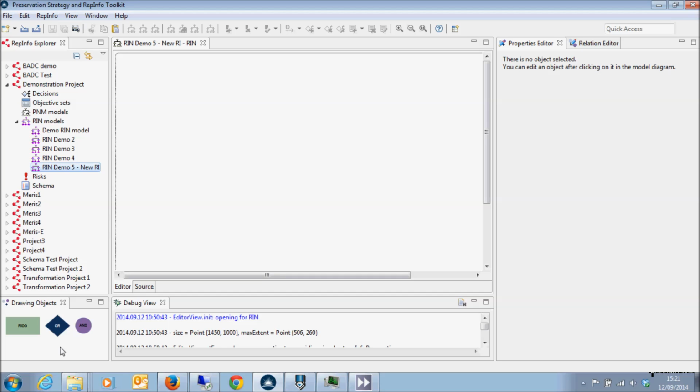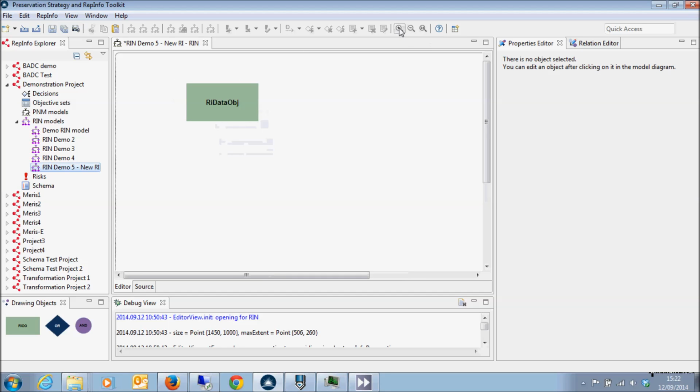There are two main ways to do this. Here we'll cover adding RepInfo by hand for when your RepInfo object already exists and you just want to add its details to a RIDO. A separate video will cover the RepInfo Toolkit's new RepInfo wizard that supports creation of new RepInfo using an external tool. So to create new RepInfo by hand, we'll drag our RIDO onto the canvas,